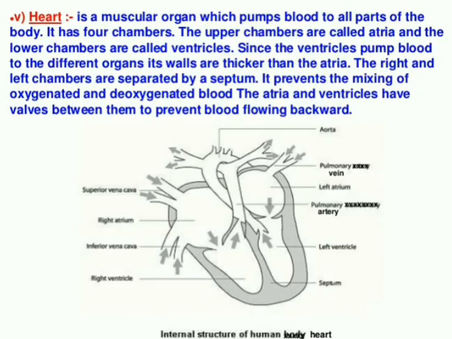Okay, the left atrium and the right atrium are separated by one septum, called the interauricular septum. Similarly, the right ventricle and the left ventricle are separated by the interventricular septum. Clear everyone? It's very important. Septum means separation. So whatever blood is present in the left atrium will not mix with the right atrium. Similarly, whatever blood is present in the left ventricle will not mix with the right ventricle. So for the separation we have the septum.